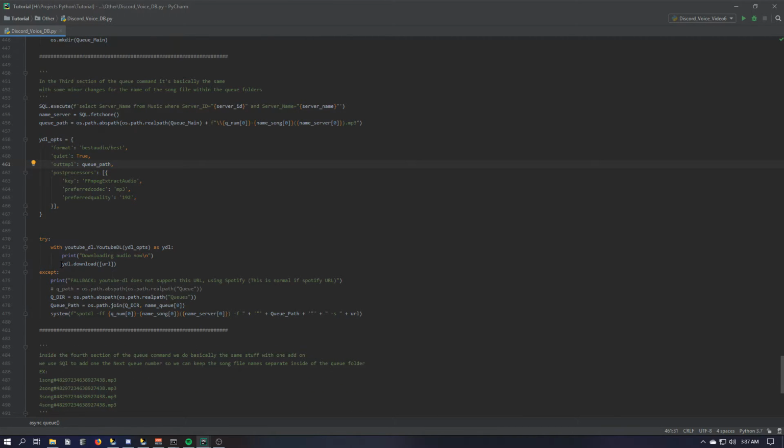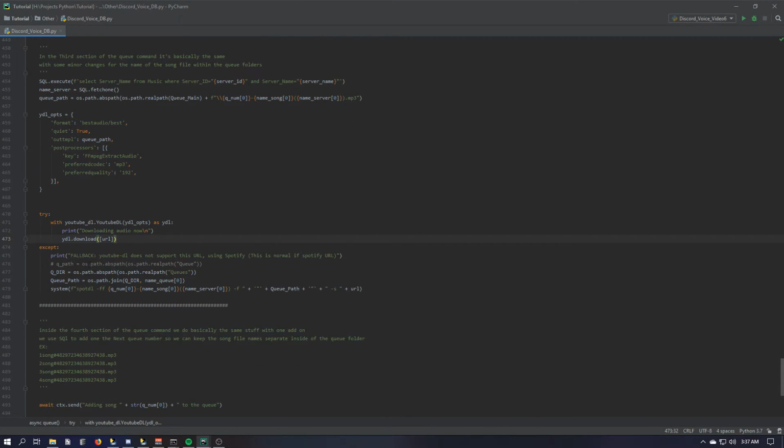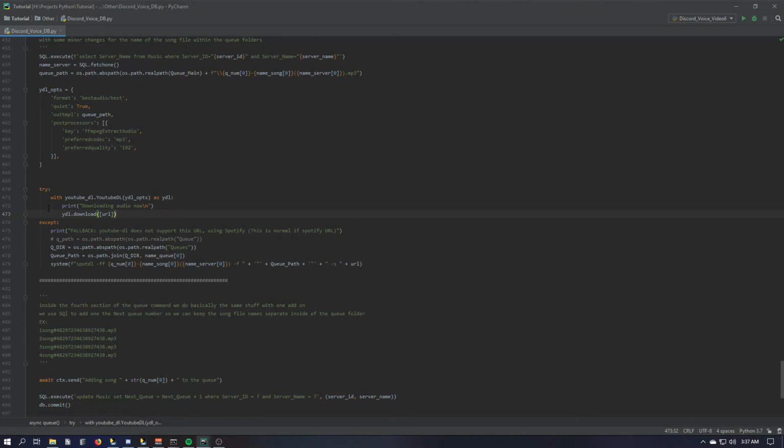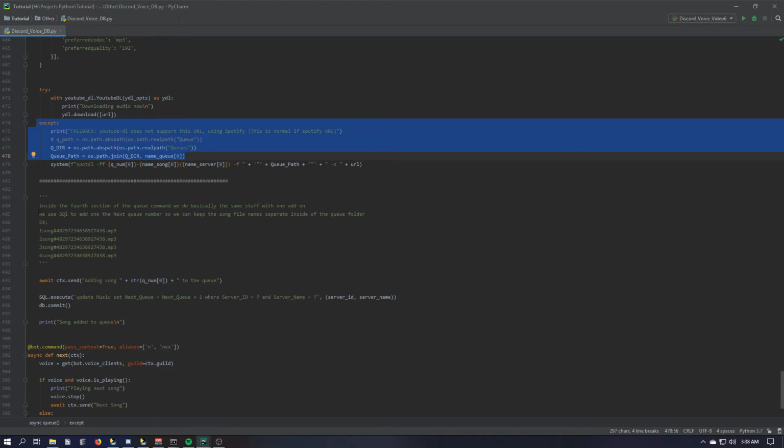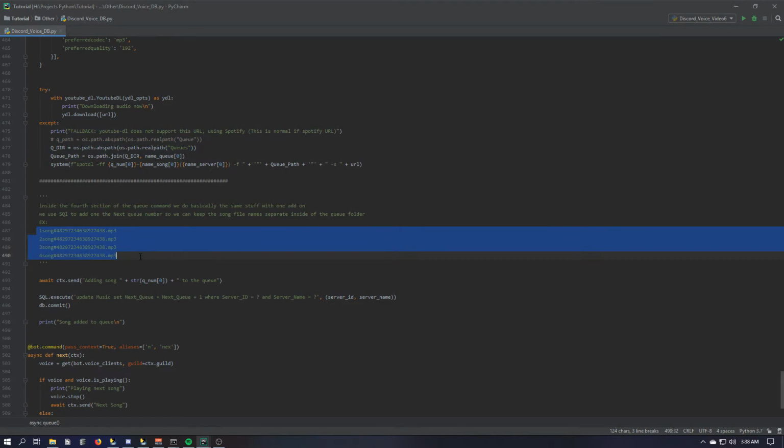Then we're going to download, right? And then basic Spotify stuff. So this is explaining how our songs are going to be listed inside the queue. So it's song 1, song server ID number, and then I just didn't add the parentheses at the end there. And then we're doing an adding because we've added it here. Adding, and this prints out